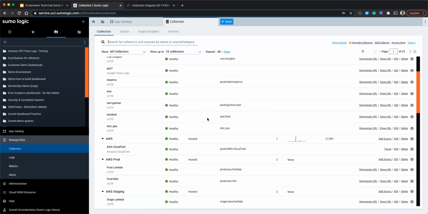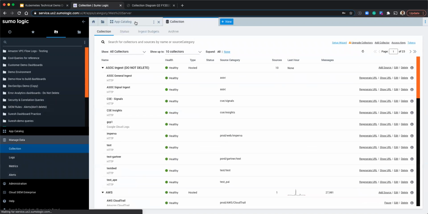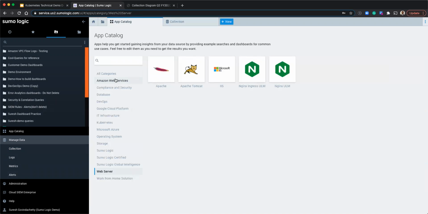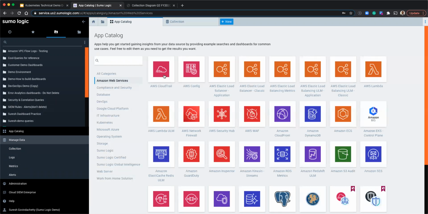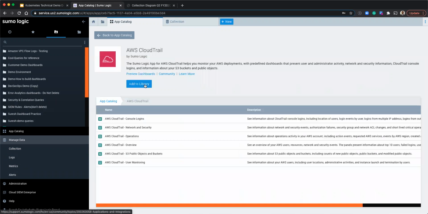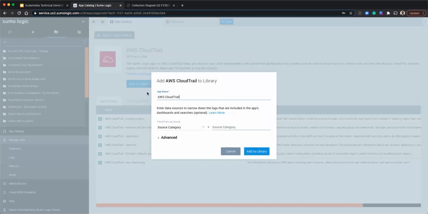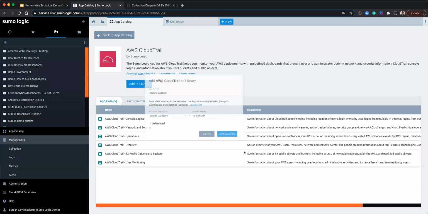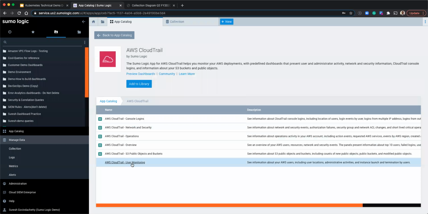And you can go to the app, and then you can install your app on top of your data. Say, for example, if I have my CloudTrail data, I can go to my CloudTrail app, and I can say add to library. And all I have to do is tell the system where my CloudTrail logs are. So I'm just going to mention CloudTrail. And once I click add to library, this application will be installed, and all these dashboards will populate with your